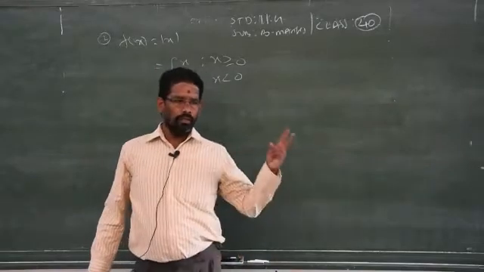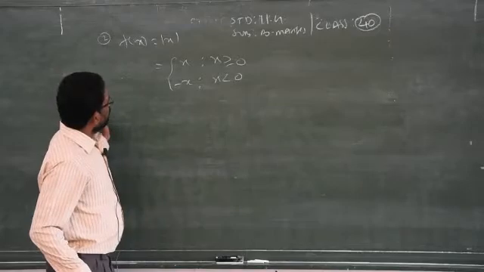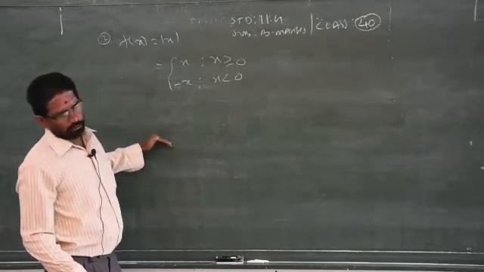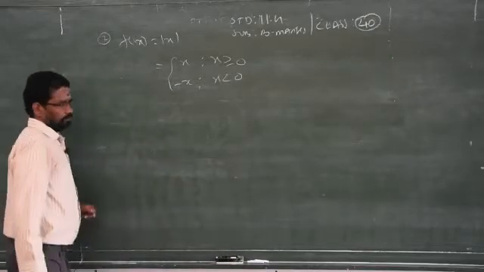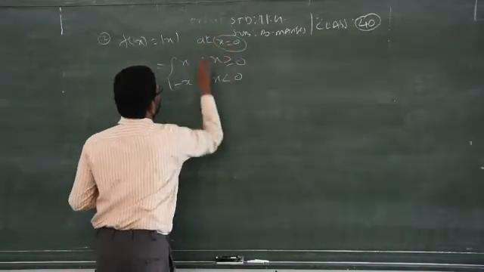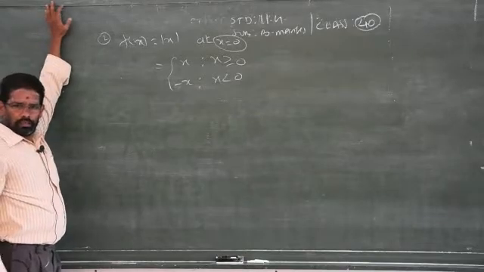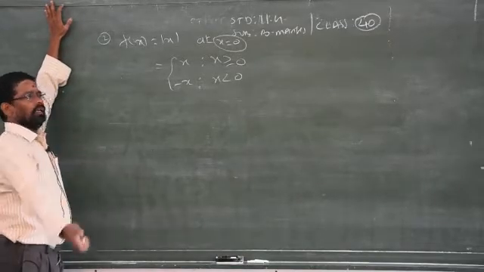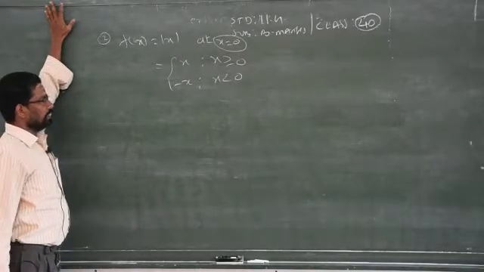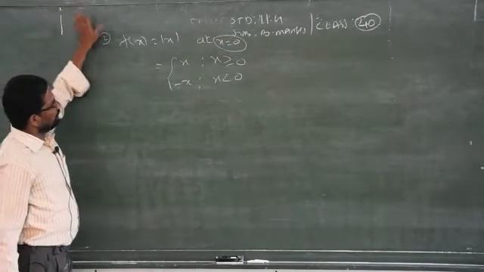You have to apply the three conditions, that is right hand limit and left hand limit. When the right hand limit, left hand limit and f of x are equal, you have to show that it is continuous at x equal to 0. This is very important. So you have to apply both left hand limit, right hand limit, then f of a. When those three conditions are satisfied, then you can say that f of x equal to modulus of x is continuous. Yesterday I did up to this.